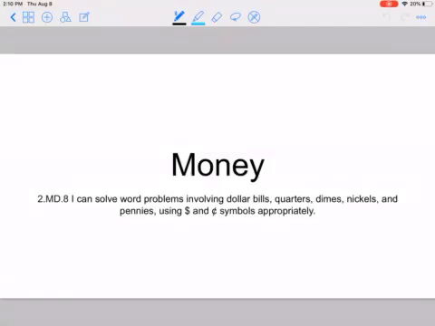Hey friends, today we're going to be working with money again, and our learning target says I can solve word problems involving dollar bills, quarters, dimes, nickels, and pennies using the dollar sign and the cent sign symbols appropriately. Now, we have been practicing our coins and how much they're worth and their values, so we should be good to go there, and we're going to practice using what we've learned to